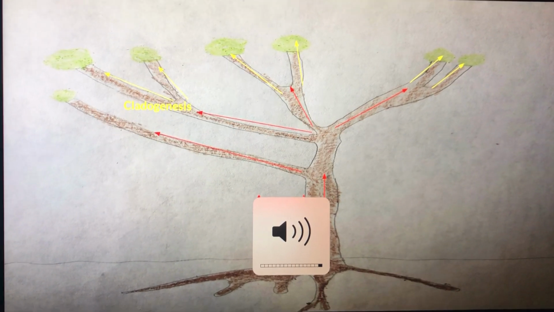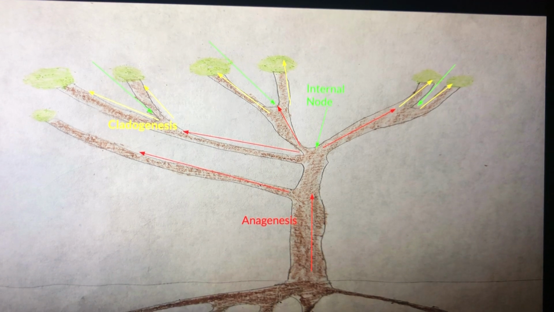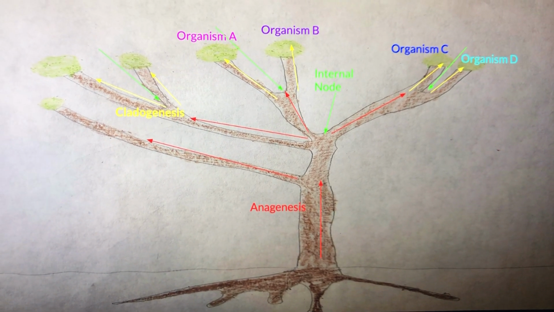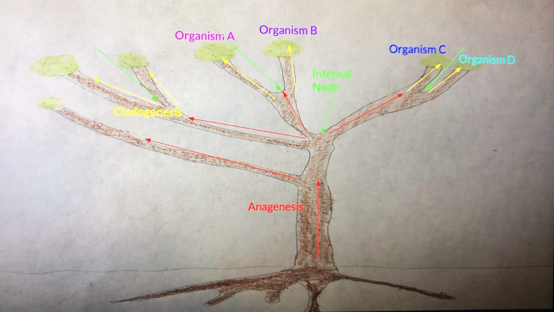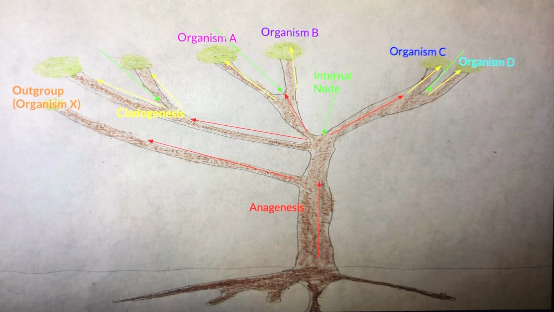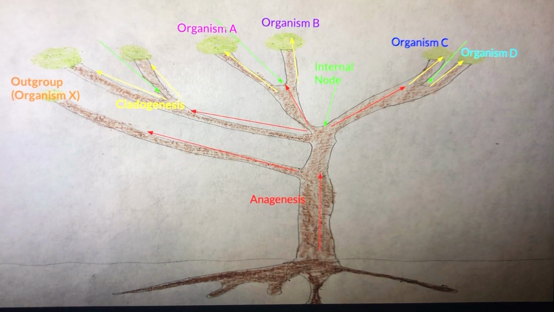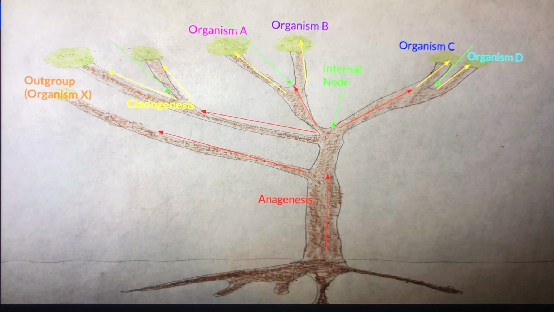For example, the organism on the internal node, labeled here, represents a common ancestor for organisms A, B, C, and D. OTUs are units derived from differences in DNA sequences of organisms on the tree. Finally, we can see here that the lowest branch on the tree appears to have separated from the trunk before all other branches. This is analogous to an outgroup, which is an OTU that diverged earlier than all other OTUs